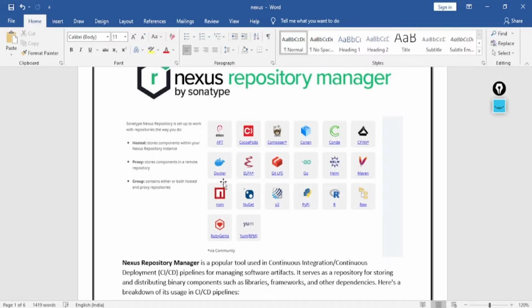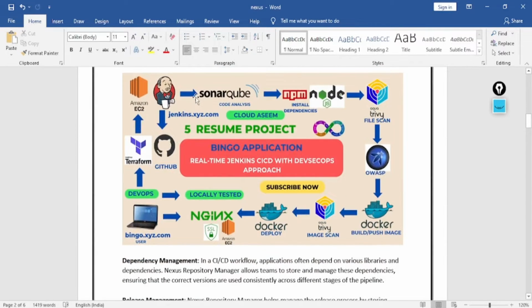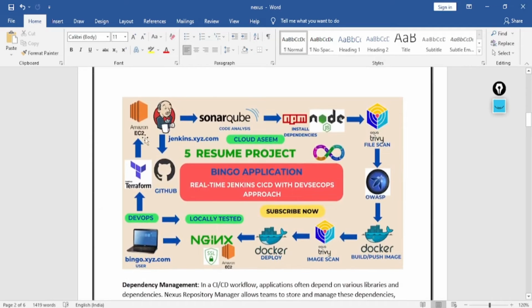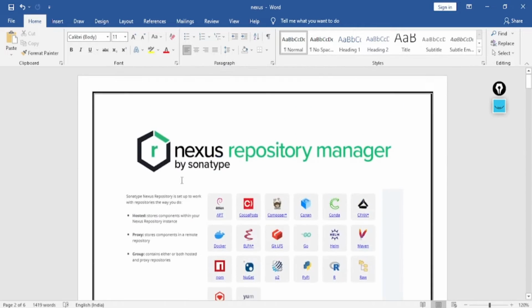and you can create multiple repositories in it. You can integrate it with your pipelines, and from there you can create webhooks. GitHub is usually used to store your source code, whereas Nexus repository is used to store